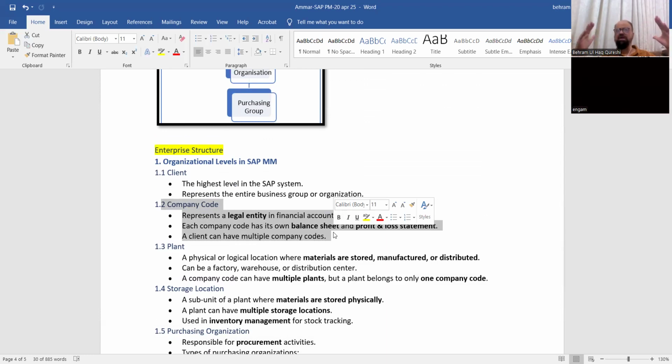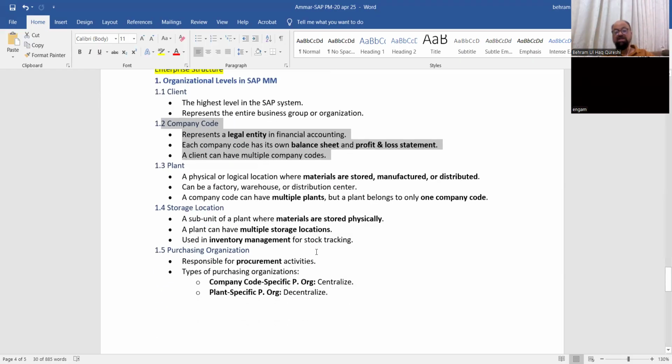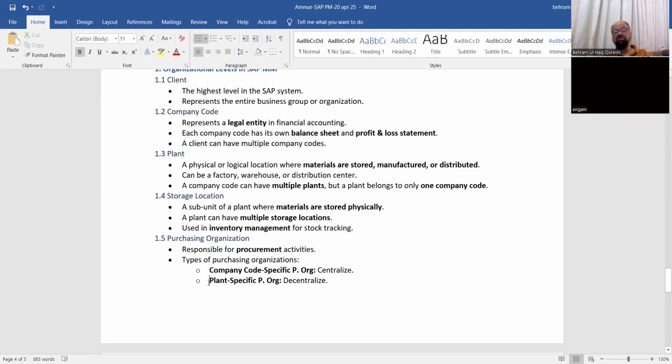And centralized procurement, normally, which I have seen practically, is done for the procurement of high cost materials which are very costly, or imported items. And what is a decentralized purchase organization? If powers have been delegated to the various procurement sections at the plant level, so that they are at liberty to procure various types of materials, inland materials from that particular country, from the local vendor. But of course, after getting prior approval from the company head office, company code, where the director procurement or GM procurement is sitting. It is a pattern of